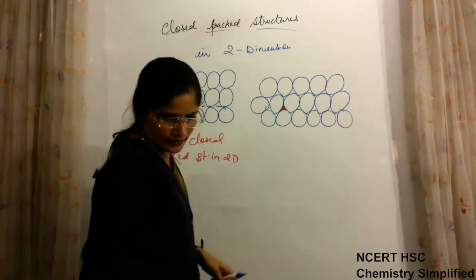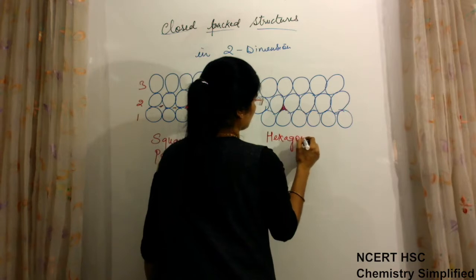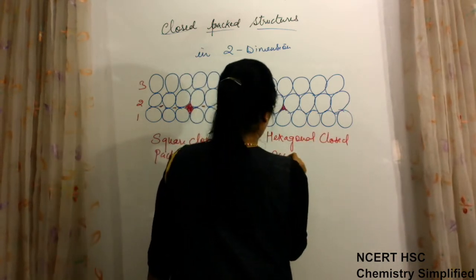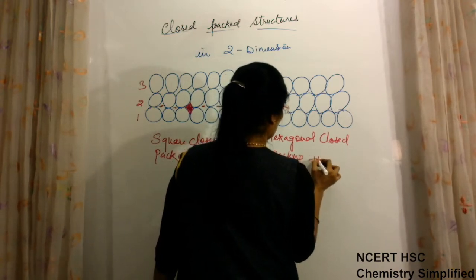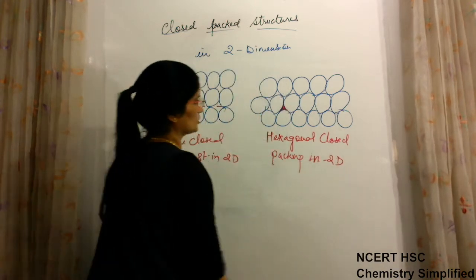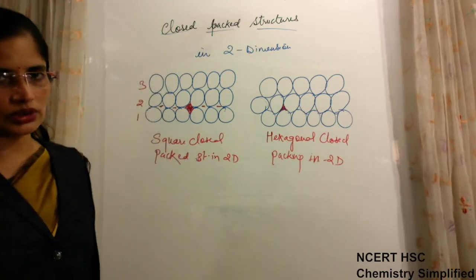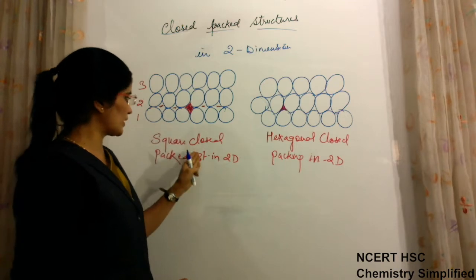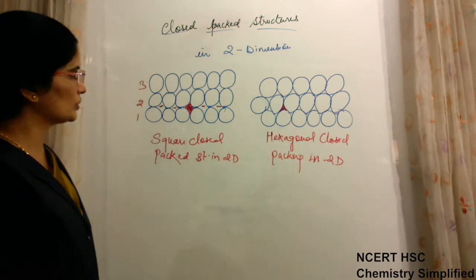This is known as hexagonal close packing in 2 dimension, because we have not come to the 3 dimension. Okay, 2 dimension only. This one is a square close packed structure. This is a hexagonal packed structure. Okay, now